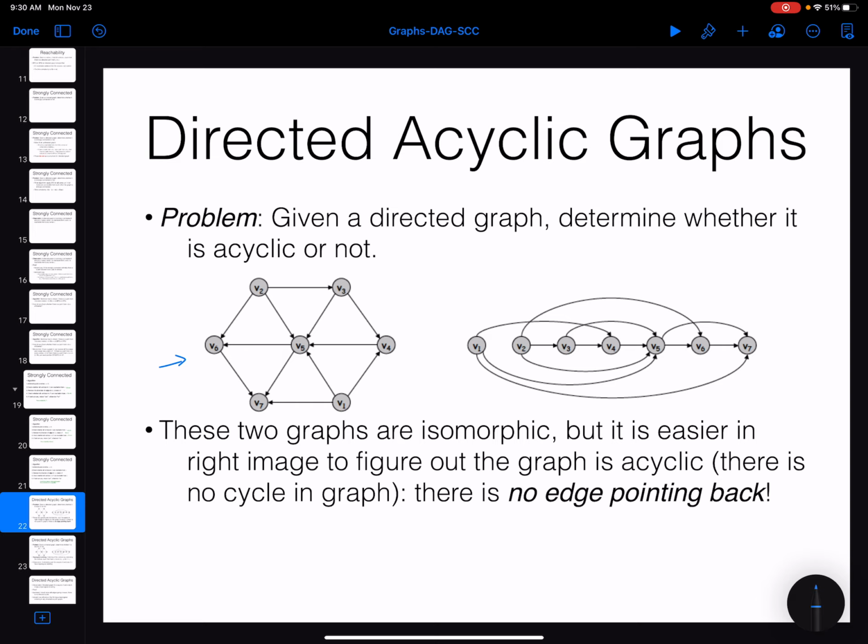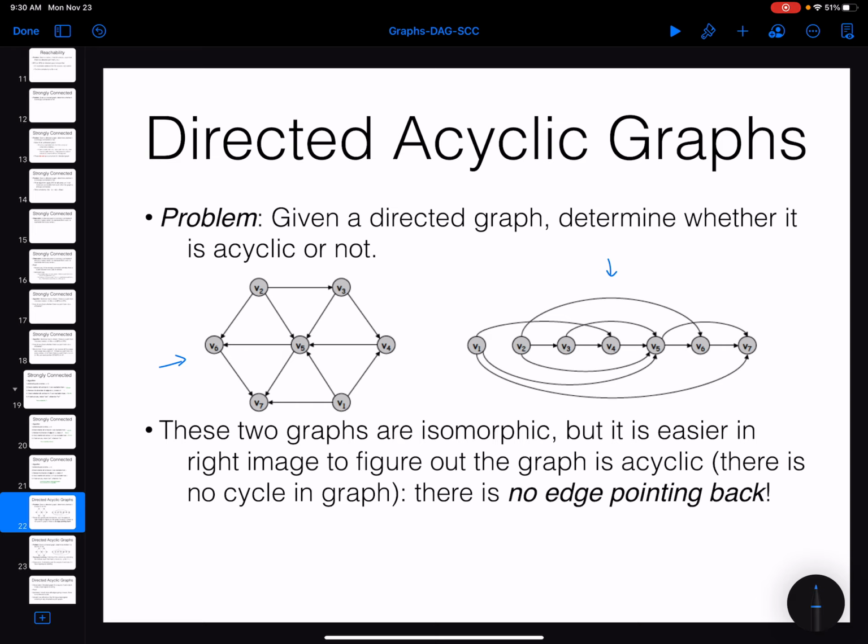So basically these two graphs that I actually write here, they are isomorphic, they are the same. I just put the nodes in a different order, in some specific order that creates this topological ordering for the graph. So to solve this problem, just checking whether the graph does have a cycle or not, I'm going to show you two different